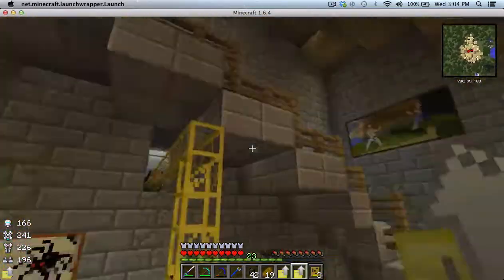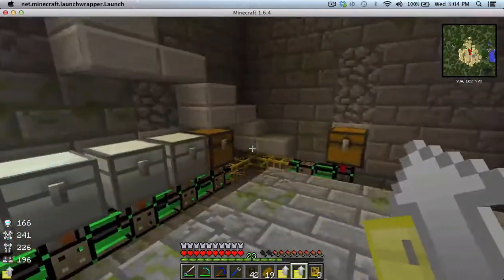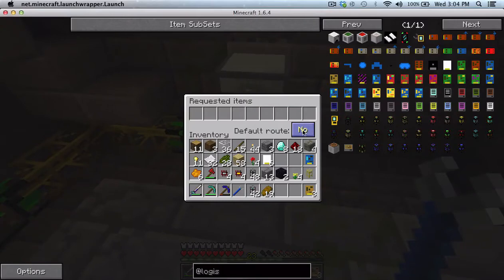There we go. I'm going to come with the stone laying. Like I said, we're going to replace all these. Replace all those stairs. I don't like them. Alright, so the first thing I'm going to do right here is I'm going to set this one to default